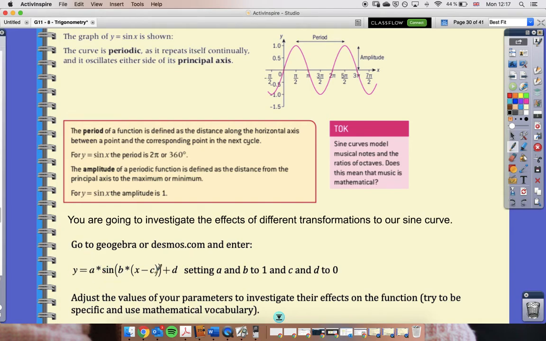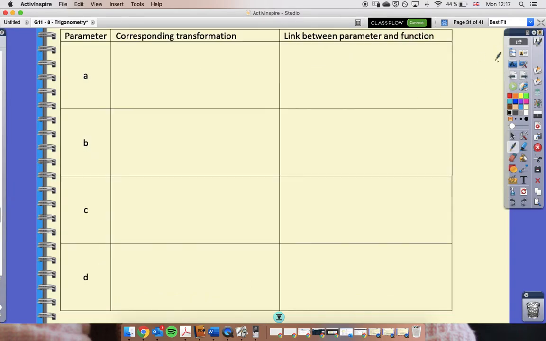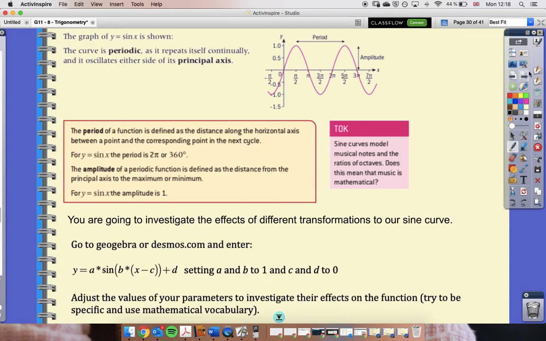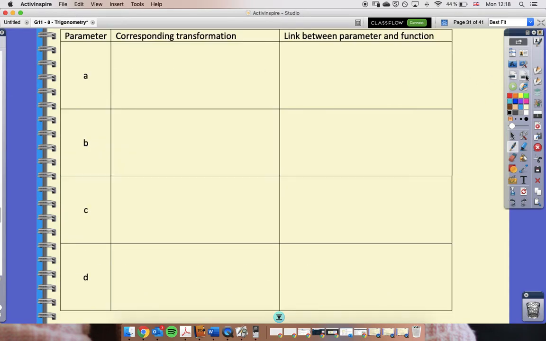I know some of you will have looked at this transforming our sine curve last year. If you need a quick refresher, I would work through that. I have worked through your notes. So they're all downloaded, so do have a little look at this activity on your own. Maybe pause the video and try that. You can see my notes for how I filled this in,